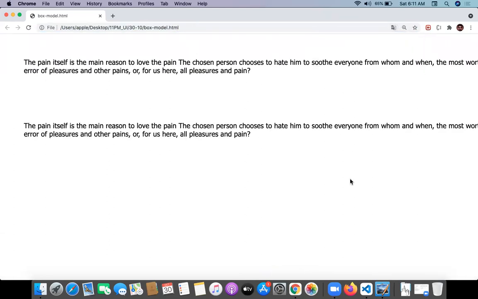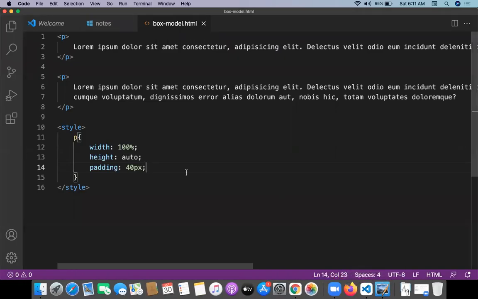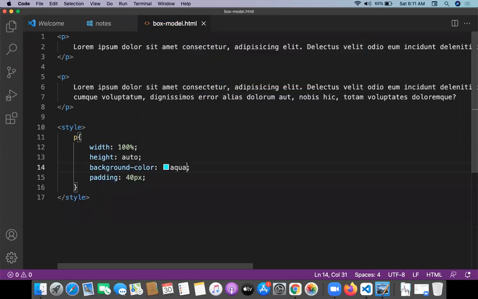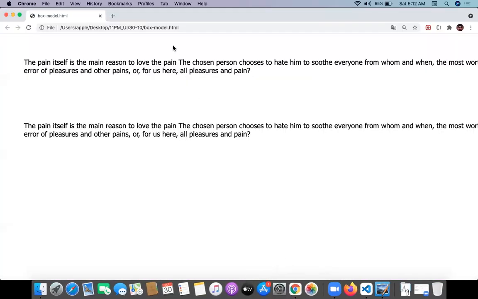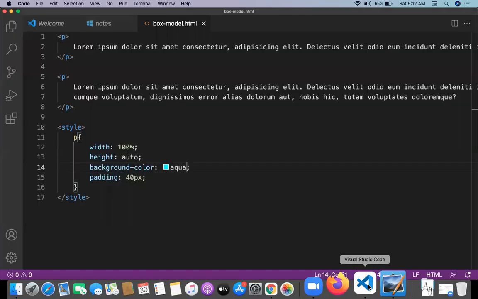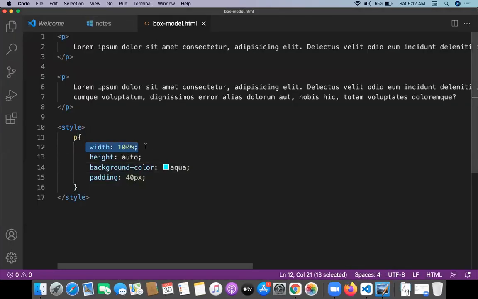Now you see padding got allocated. If you want to understand how things are happening, I'll take a background color for the paragraphs. Background color aqua. Now you see your paragraph is going to be a much bigger one. You have a lot of space on top, right, bottom, and left.